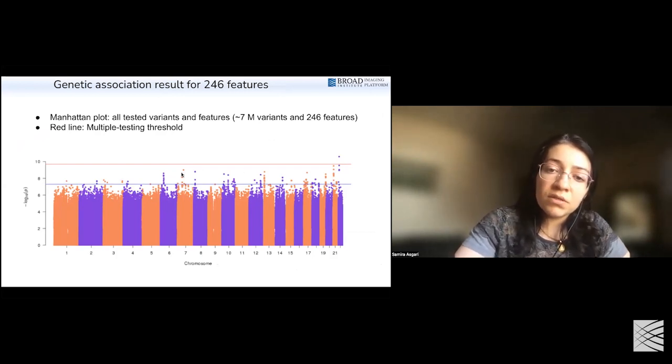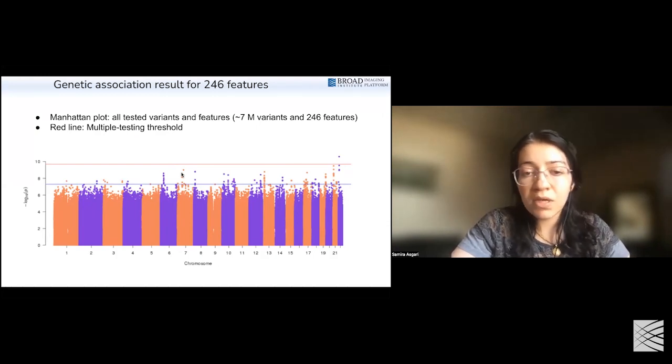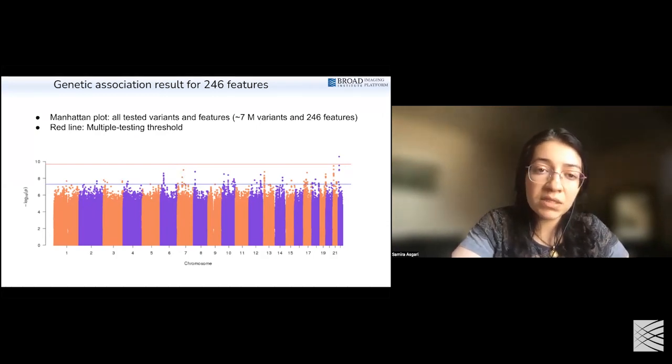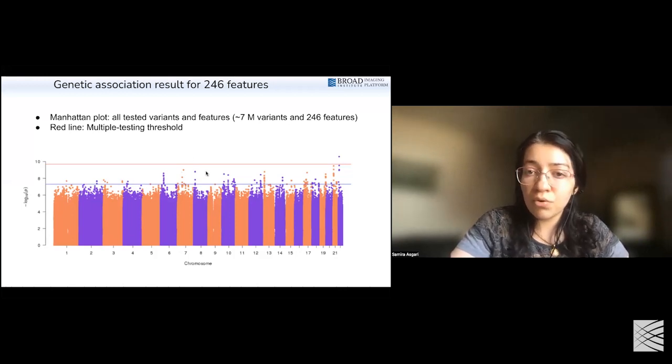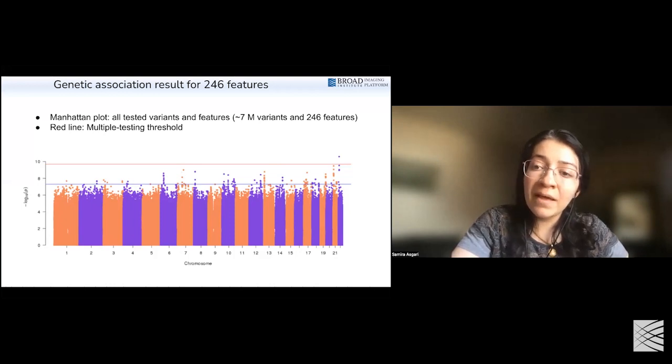What you see here, the red line: because we've done such a large number of tests, we need to correct for multiple tests. So the red line that you see here is basically the statistical threshold for the significance of results. Anything above this line means that it's a statistically significant result. And as you see, there is only one small locus here on chromosome 22 that passed this statistical significance